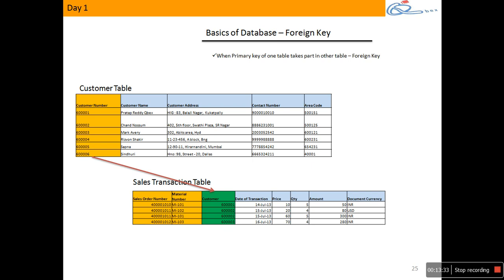So with the help of primary key and foreign key, can I relate my tables? Can I establish a relationship between the tables? That is one. And can I also establish referential integrity between tables? But suppose, do I have any customer with customer number, say, 999999? No. So can I insert a sales transaction with the 999999 customer? No. If you establish referential integrity, that's all; you should know that concept also. Referential integrity. Clear on this? Okay. So do you understand what a foreign key is now? When a primary key of one table takes part in the other table, we call it a foreign key. Clear on this? Okay. Good.